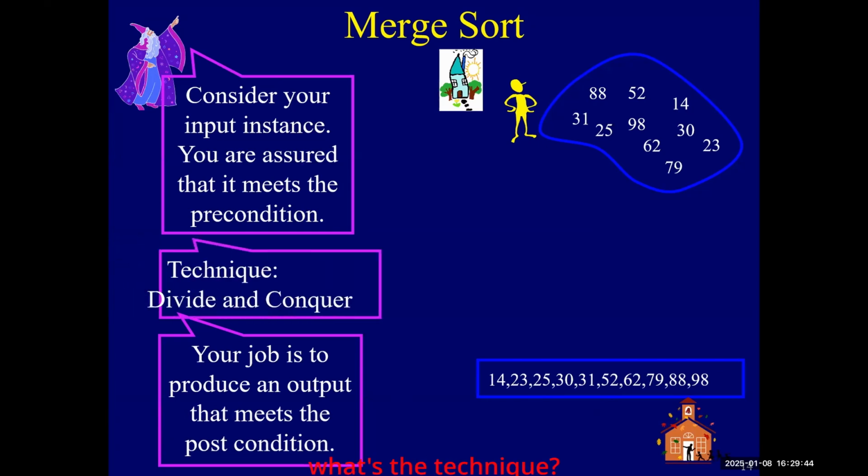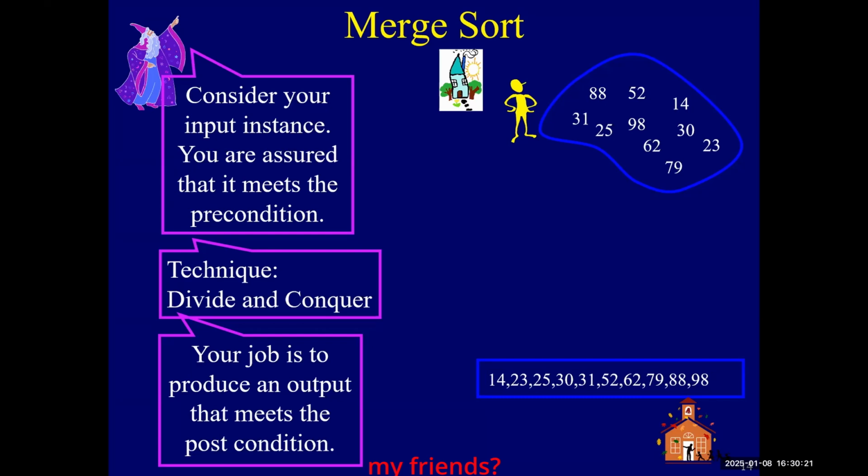And so what's the technique? Well, we call it sort of divide and conquer. You cut the problem in half. One of the reasons that sorting's running time is n log n is, where did this log come from? It comes from the cutting in half. And so often in recursive problems, you want to take your problem and cut it into two halves. You give one half to one friend and one half to your other friend. So we've got a bunch of numbers and we want to cut it in half.